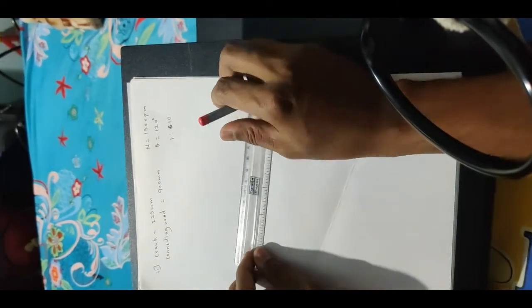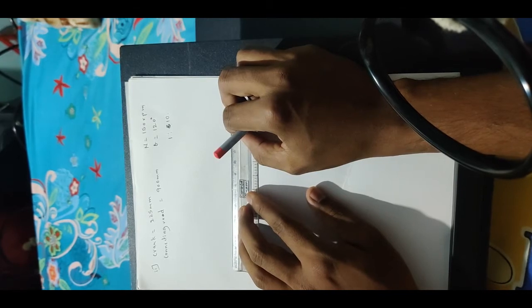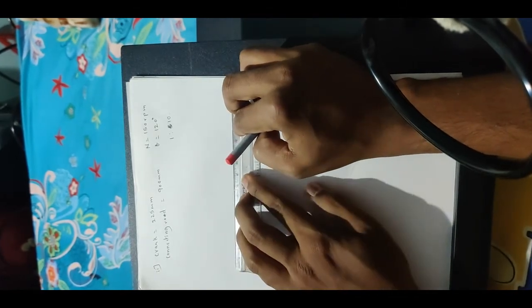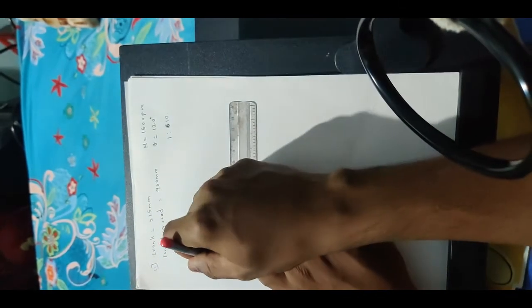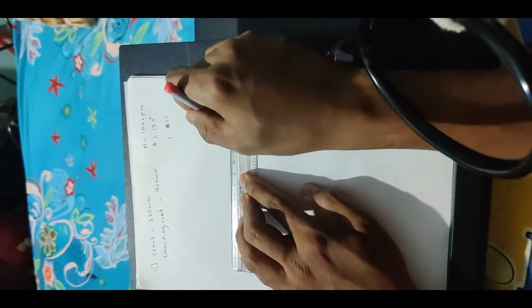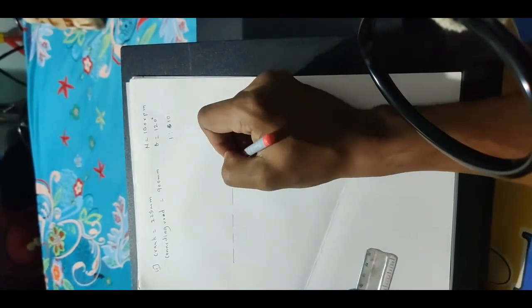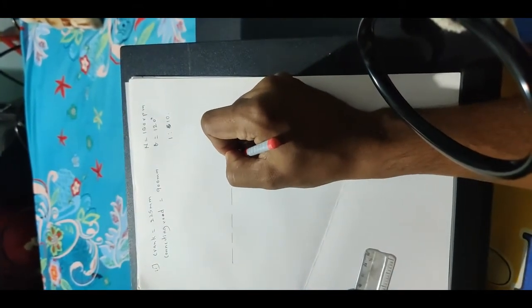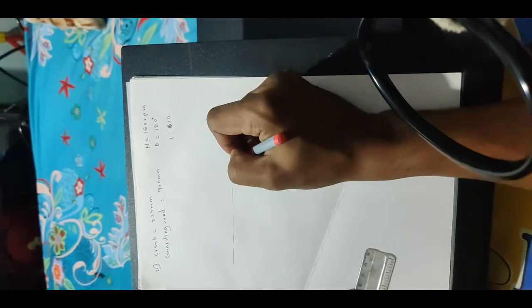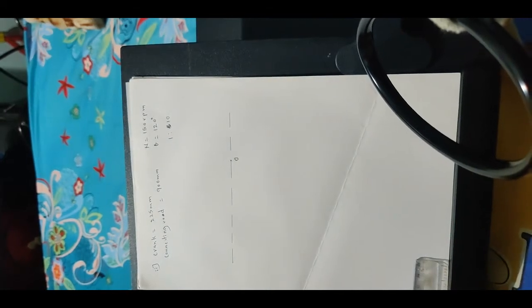For that, first we'll draw the baseline here. From here we'll mark a point and name that point O. From O we have to draw the crank position.